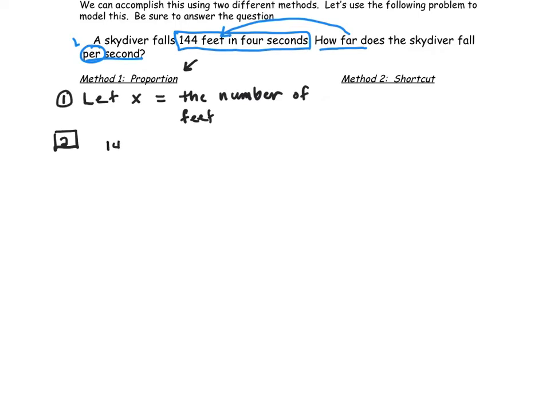So we're going to take 144 feet, I'm going to label, and they gave us 4 seconds. And to find the second ratio, that's where our mystery is. It says how far, and remember x equals feet, so we don't know how many feet. But when we say per second, that means we're talking about 1 second. So that's our second step. The third step